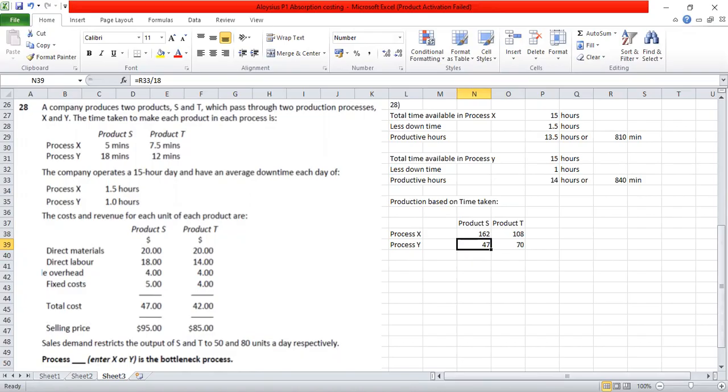162 units can be made, but the demand is only 50, so 50 will be sold. Product T, 108 units can be made, demand is 80. But in process Y, they are not even able to meet the demand. Only 47 units and only 70 units can be made, which is less than the demand. So the resource which is not making it possible to maximize their profit, because they should be able to sell 50 and 80, but given the time taken by each unit and the availability, they are only able to make 47 and 70. So the bottleneck resource is process